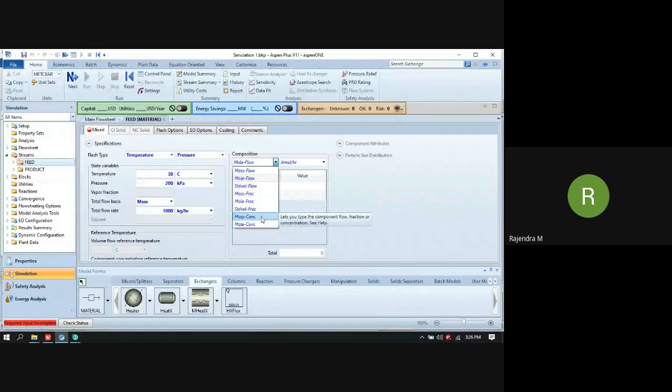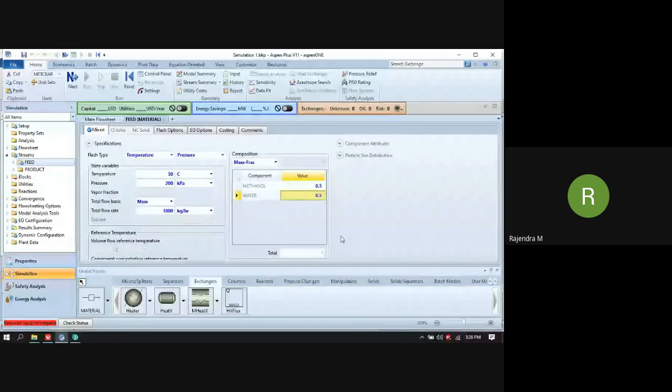Those are available in Aspen Plus only. So let us specify the mass fraction. So we have 50% of methanol and 50% of water. Okay, 50% of methanol and 50% of water. At the bottom, you can see the total is equal to 1.